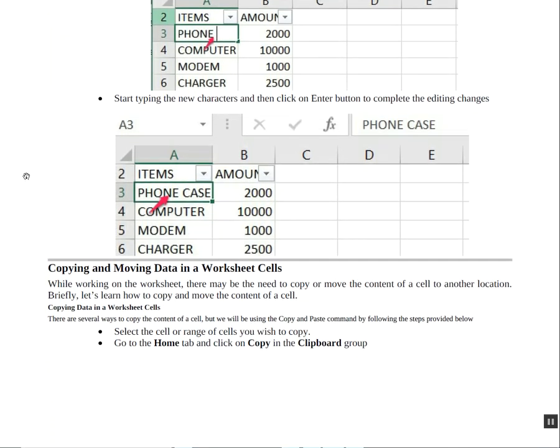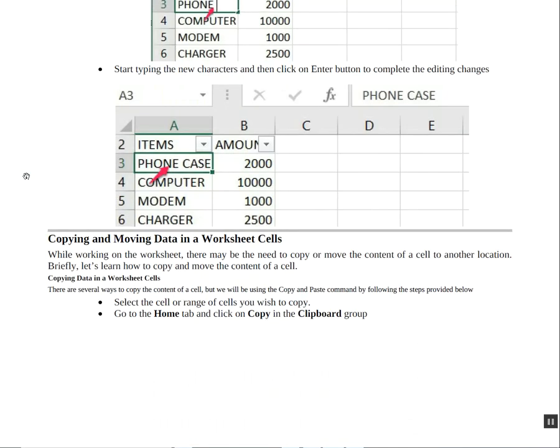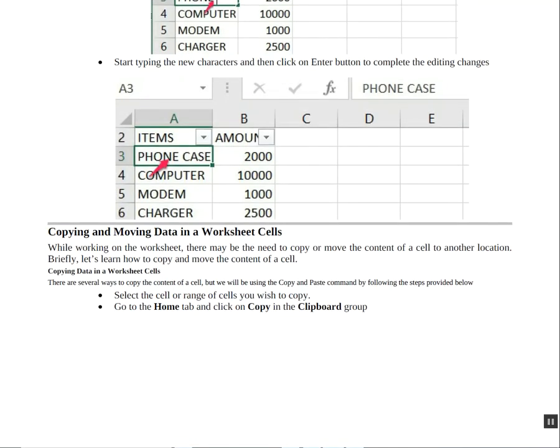Copying and moving data in a worksheet cell. While working on the worksheet, there may be a need to copy or move the